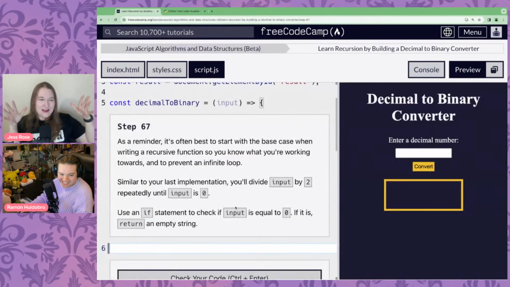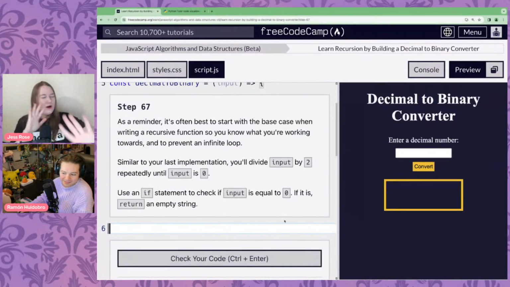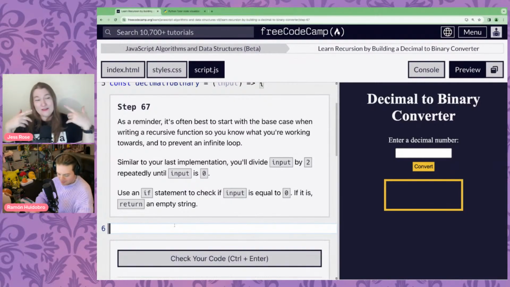So we've taken all that out. We love to delete code. Cool. I remember this. I'm not even going to look at the instructions. We need to go ahead and set our base case, and then we need to think about how to get there. So if the number is 0,